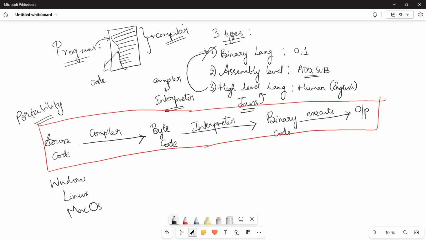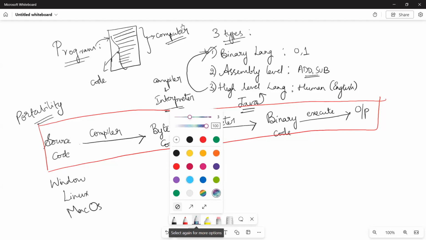See, if it is a small program, then it's okay. You can write code as many times as you want. But what if it's a big code, like when we are working on some projects? Then writing source code again and again may lead to a problem. That's why the Java developers made Java with portability,